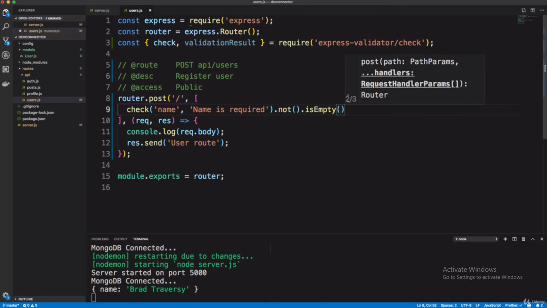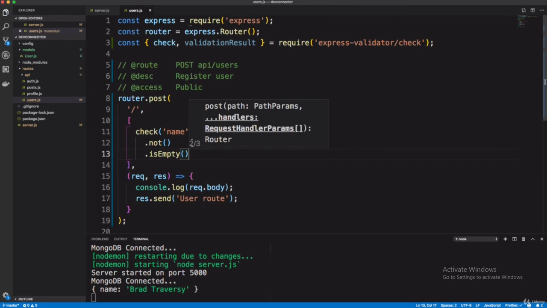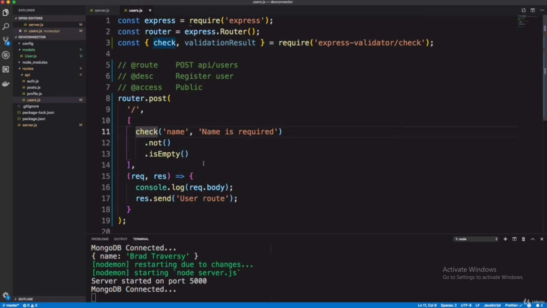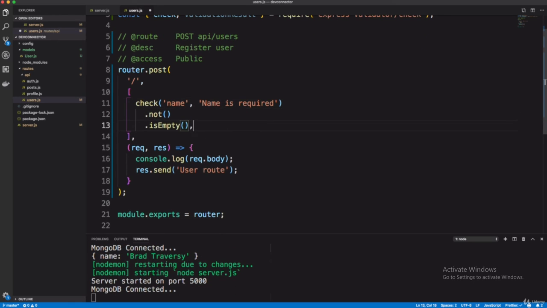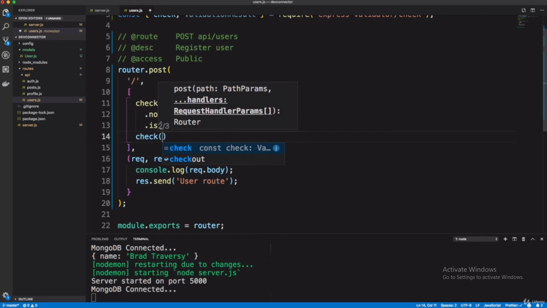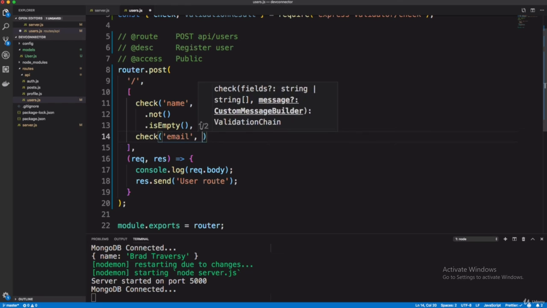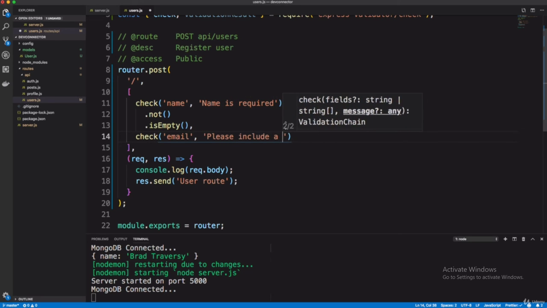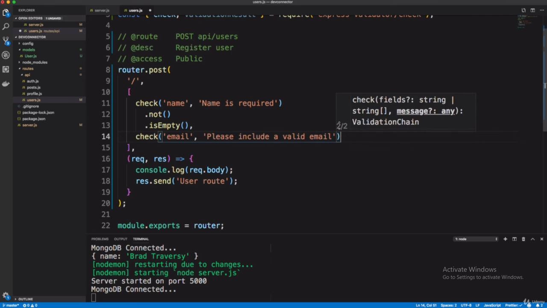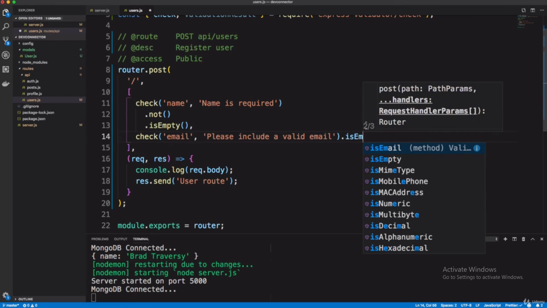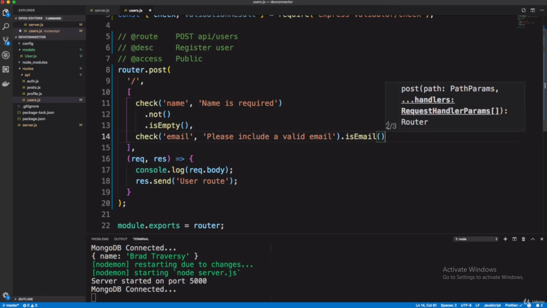If anyone does not fill it, it will show this kind of error. Okay, that's fine. You can do the same for the email. Check email, is required, or please include a valid email, dot is email.